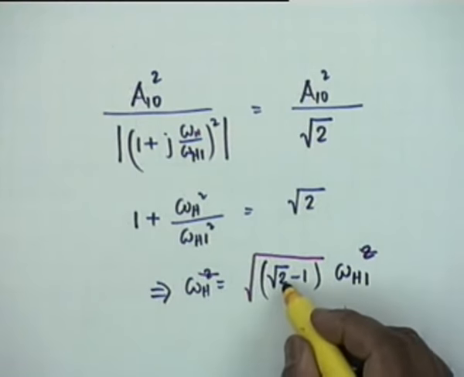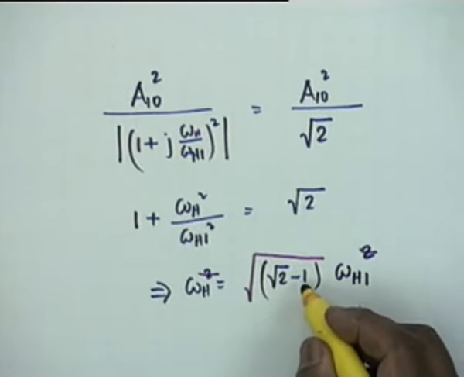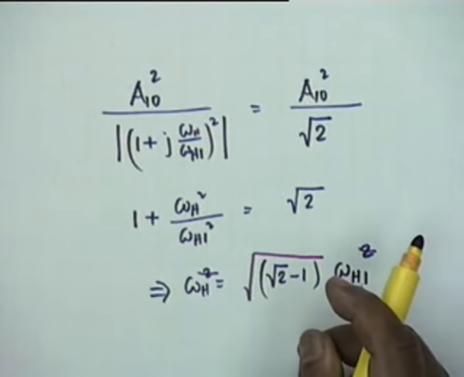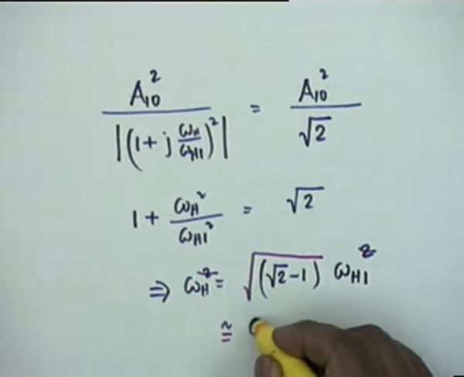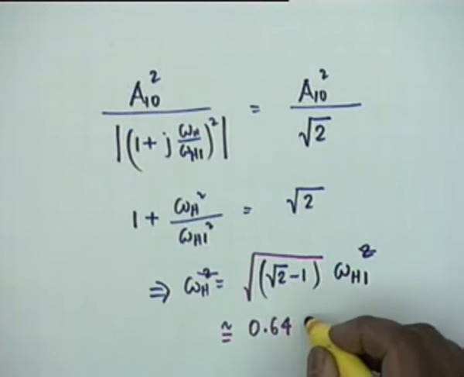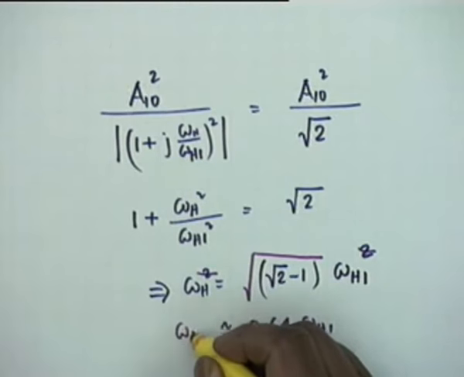And you can easily verify that root 2 minus 1, 1.412 minus 1, that is square root of 0.412, is approximately 0.64 omega H1,